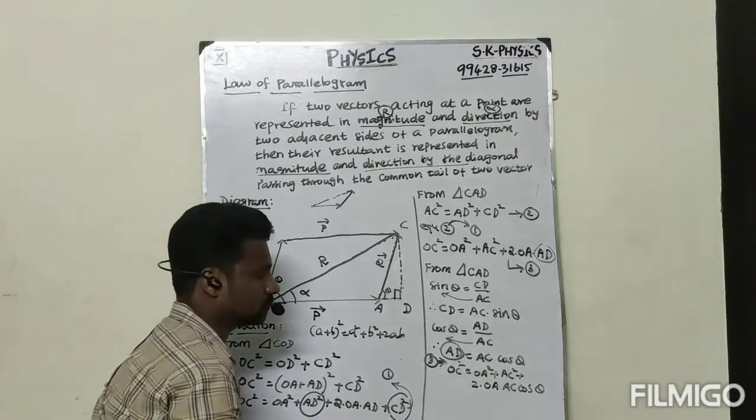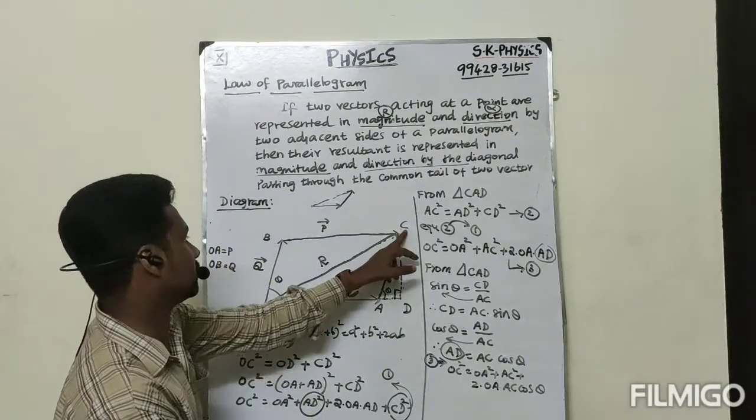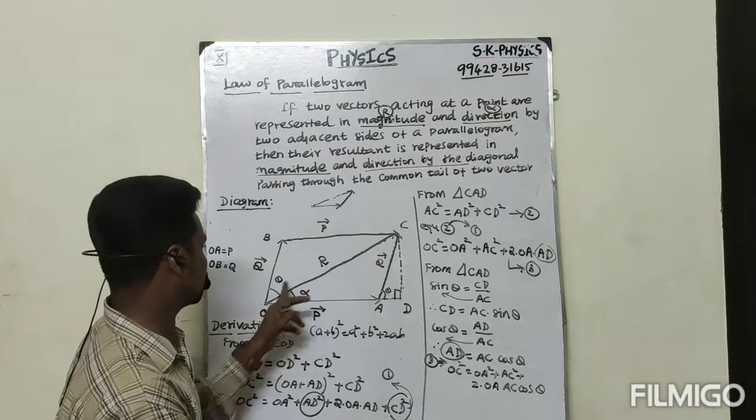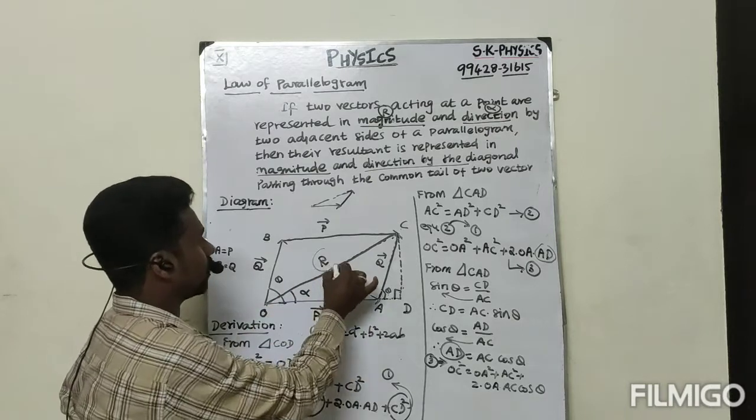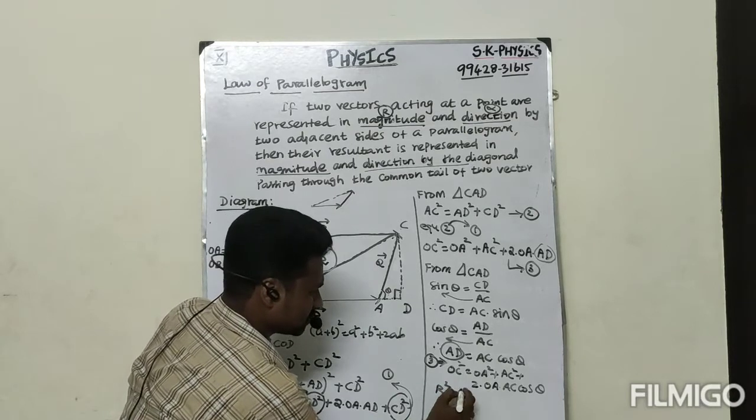Now we can substitute: OC is nothing but R. Therefore, R squared is equal to